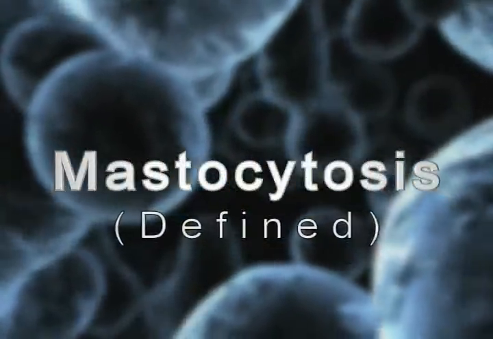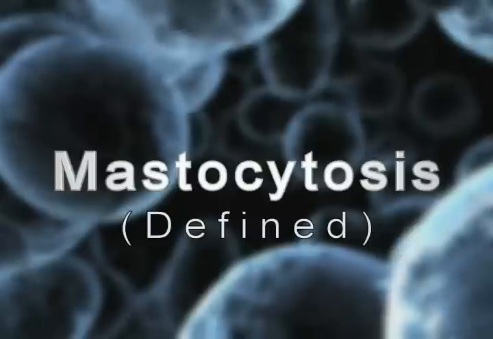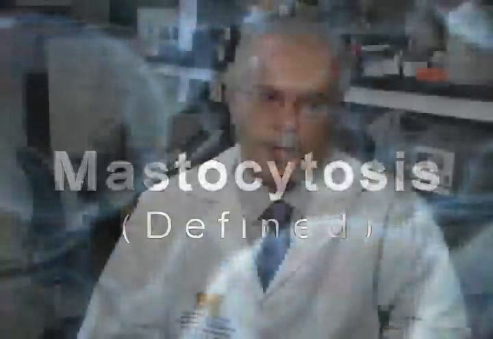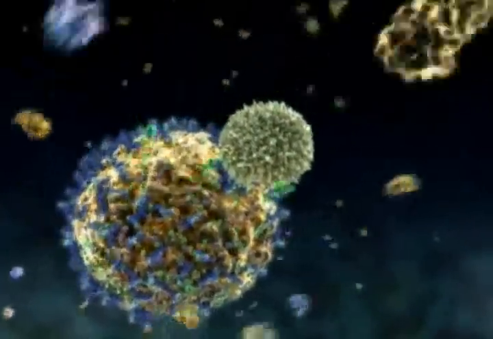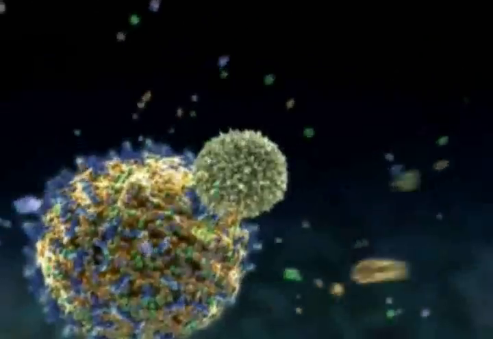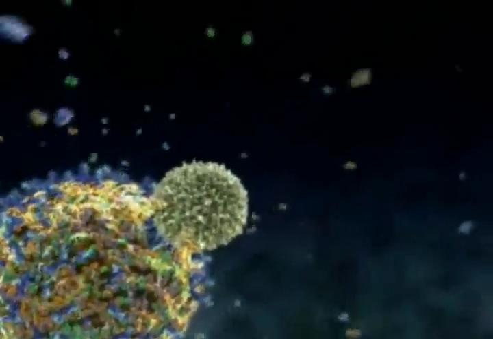Mastocytosis is a disease characterized by abnormal accumulation of mast cells in the tissues. Mast cells are integral parts of our immune system. We need them to fight off infections, but they are also involved in the symptoms of allergic diseases. They contain chemicals such as histamine and leukotrienes, and when they are activated, they release these chemicals into the blood circulation and into the tissues, which brings on the symptoms of allergic diseases like flushing, itching, low blood pressure, and so on. And in mastocytosis, the bone marrow produces too many of these immune cells, and they get improperly activated.